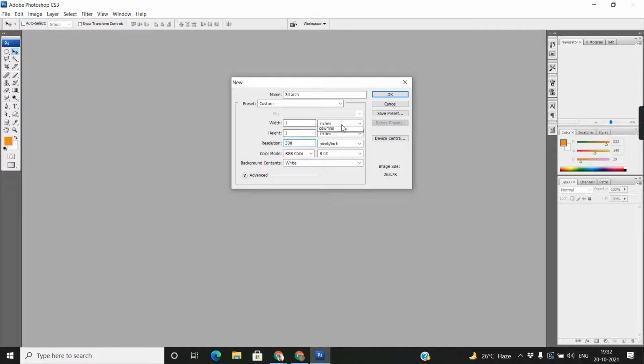So what is the size of this pixel? If I'm going by pixel, the size now is 300 by 300 per inch. Okay. If I use 900 by 900, so think what the size in inches is: 3 by 3. Look, the 3 by 3 size.